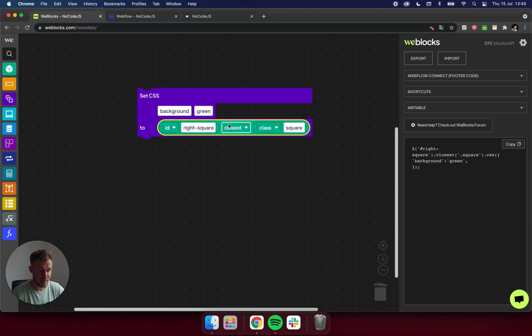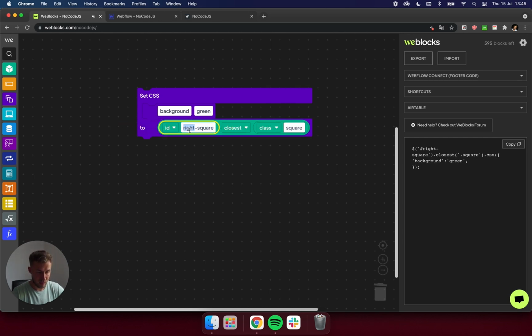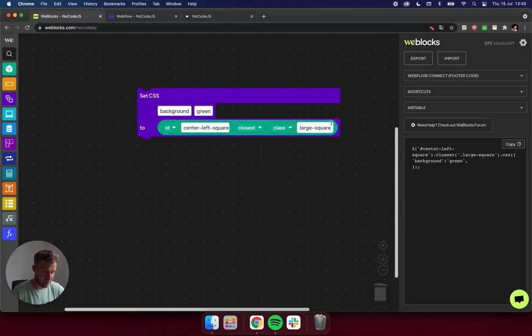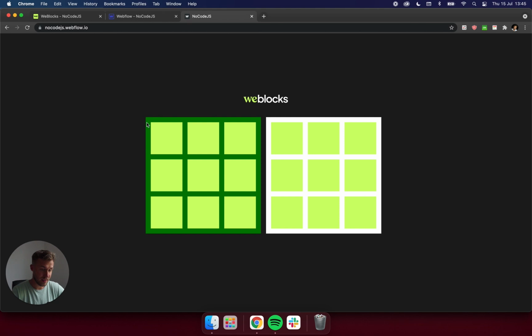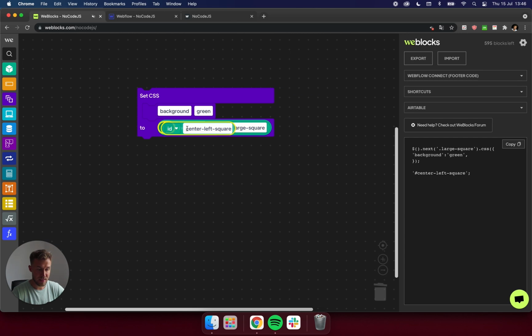Okay, so let's try, for example, center left square with a class large square. Okay, so right now, this is looking for the closest element with the class large square of the element with ID center left square, and it is actually this element. So this is closest. Right now, next. So we want to look for the next element right after this center left square ID